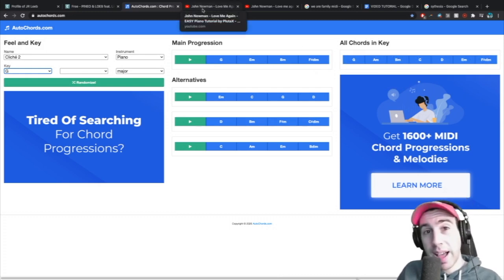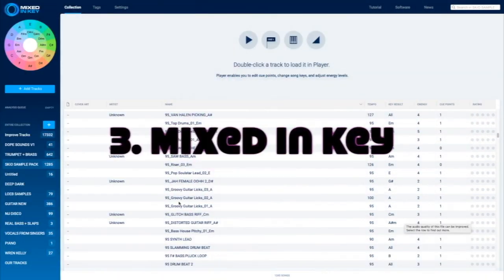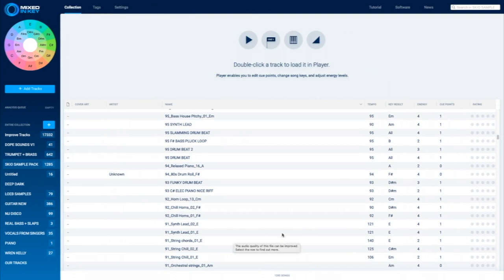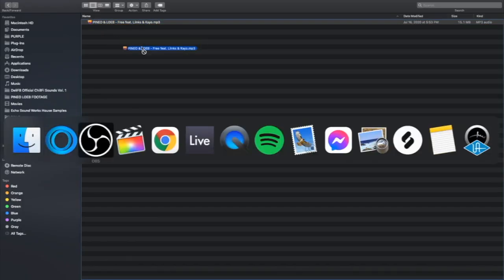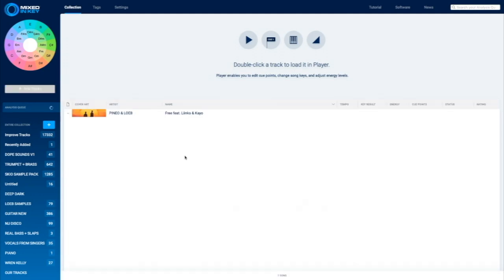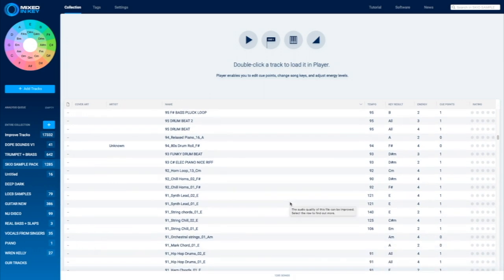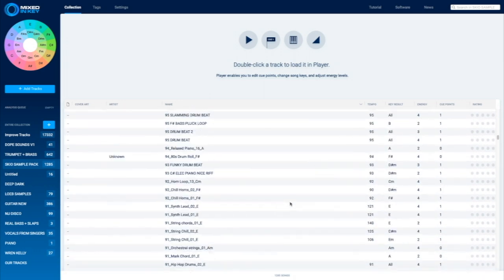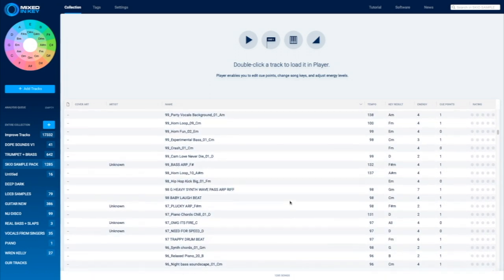Third thing we're going to look at is Mixed In Key. And this is an amazing program. It's not free, unfortunately. You have to buy it, but I originally got it to help my DJing, so I could group my DJ tracks by key, because that makes the transitions generally more flawless if the songs are in the same key. And later on, I started using it for production, so I imported all my production samples, and